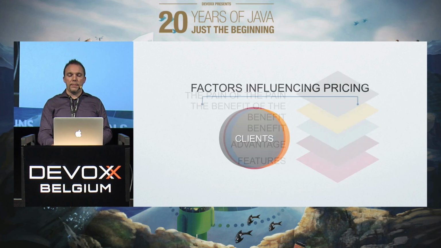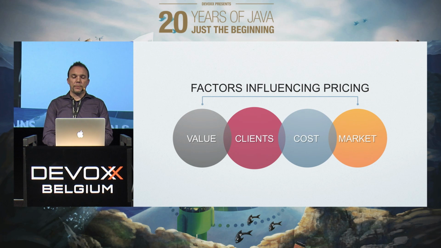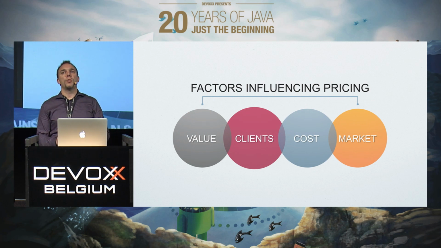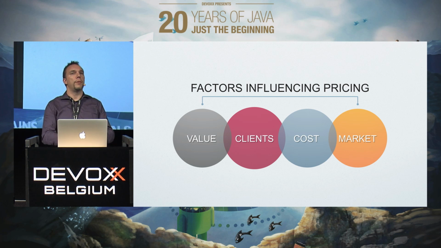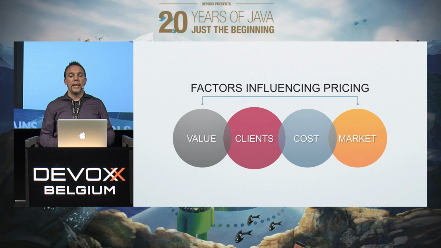Now, pricing. There are a lot of factors that influence pricing, right? Typically, there is the value you are offering, but also the kind of customers and clients you are really addressing. Some markets are used to spending a lot of money on software, for example, or on products in general. Other markets are very tight, have very small margins, and will not spend a lot of money.